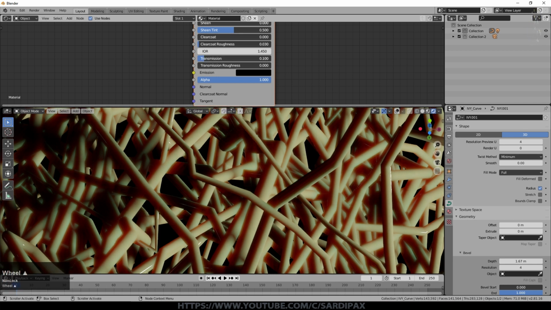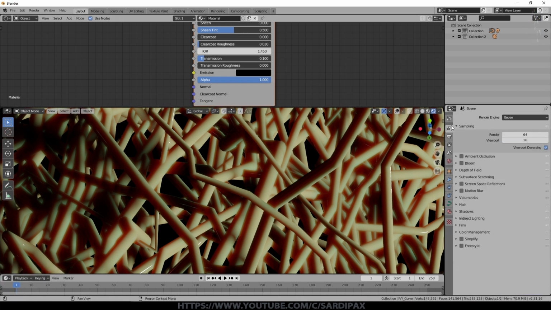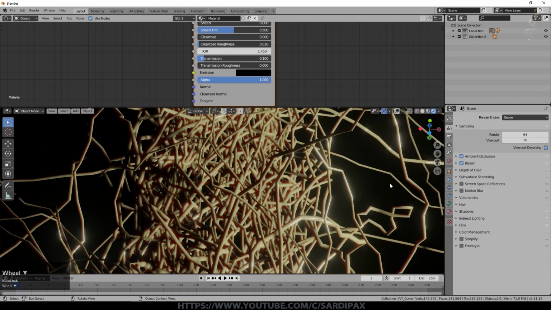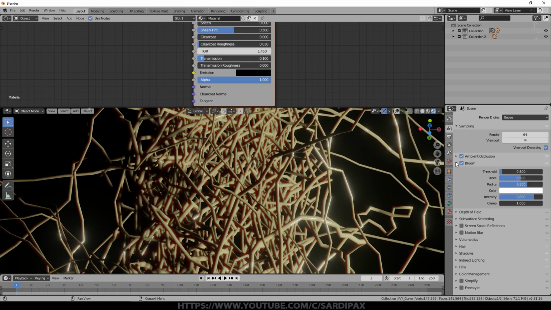Next, we need to go to the render settings. We've got more to do with the lights yet, but if we go to the render settings, this little computer TV symbol here, I turned on ambient occlusion. I'm not sure it made a huge difference, but I turned it on. I also turned on bloom, and you'll see that will make a difference. We get this sort of glow around things. And I kept it at pretty much the default settings for that.